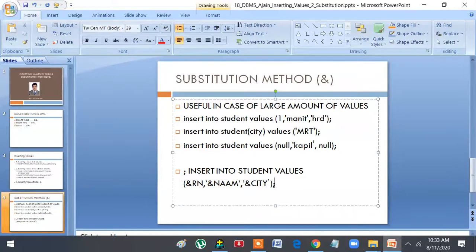So this was the substitution method. Kindly practice all of them and make notes. Write all these things in your copy, because you will be getting assignments very soon, and your midterm exams will also have all these things.